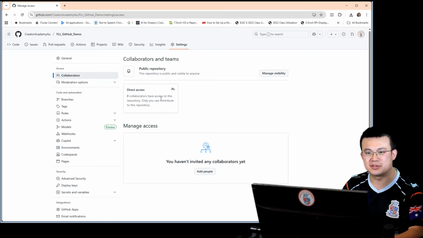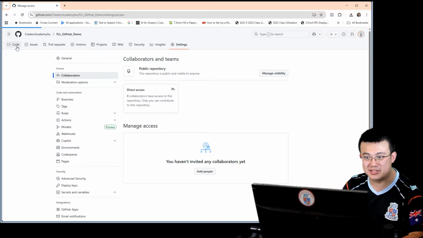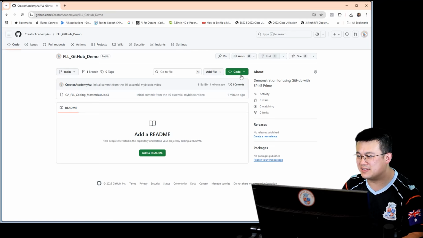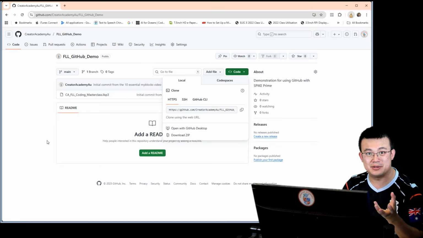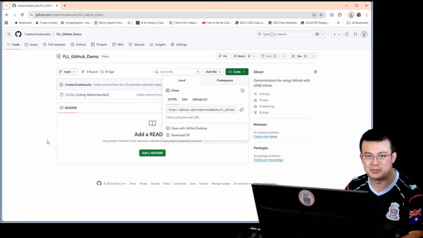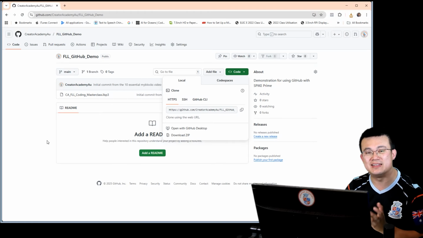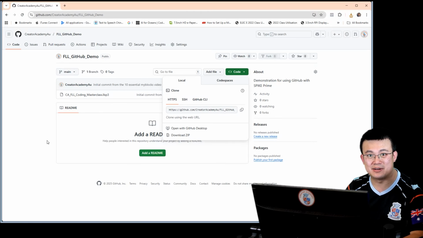Firstly, they pull the latest version, and in GitHub, that means we download the latest version of the code from the main branch before making any changes. To download the code onto your computer, simply click on the Code tab. And then here in this green code button, you click on the arrow and then you click on Download Zip. Now, after you click on Download Zip, it will download the whole contents of your project into a folder. All you have to do is extract the folder and then work from that at the start of each coding